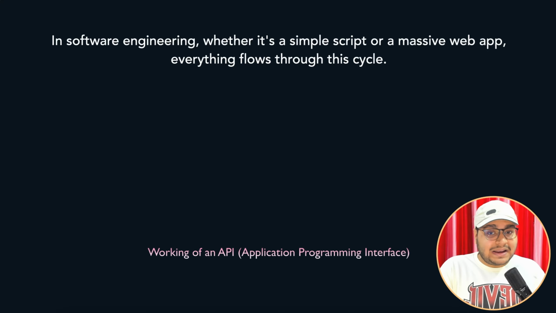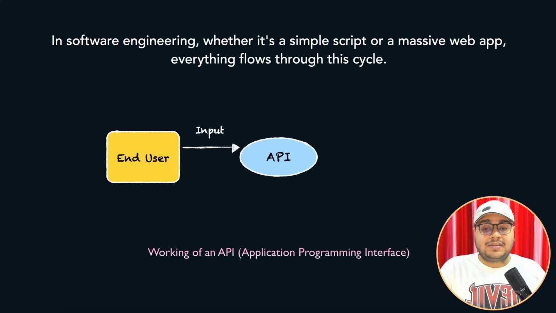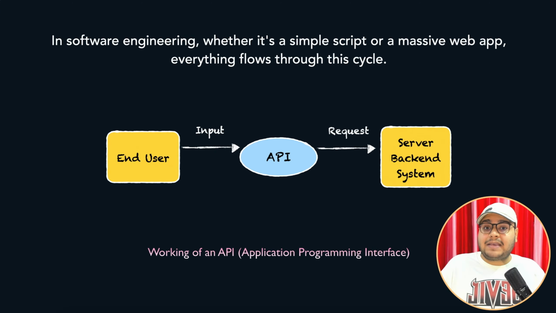A user sends an input to an API, like a request to fetch all their Instagram posts. The API then receives the input and forwards it as a request to the backend server. This is where the processing phase kicks in. The backend server handles tasks like authentication and authorization,